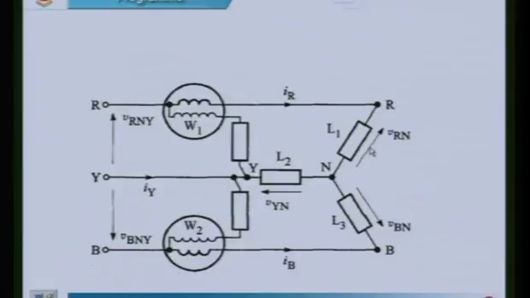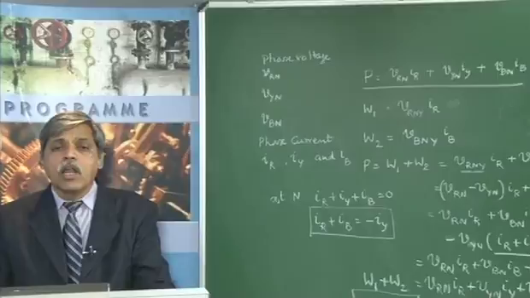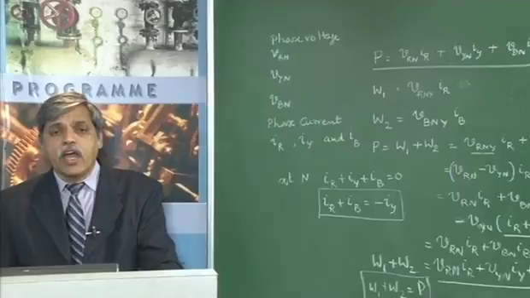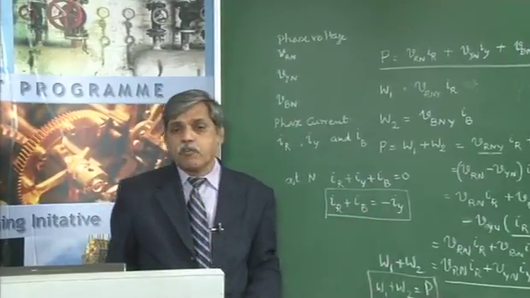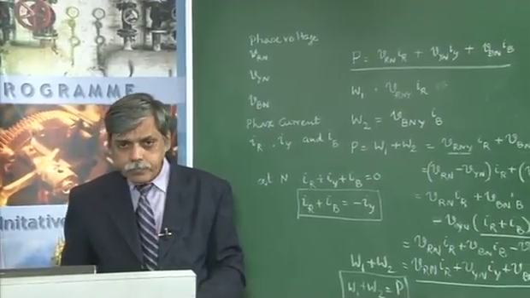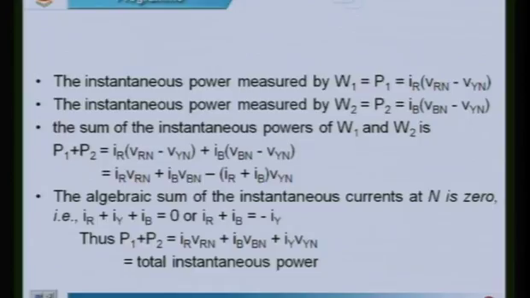This also applies to a delta connected load. For the delta connected load, the method of deriving will be slightly different. There we will be bothered about line currents and phase voltages. Here we are taking line current or phase current and then we will be considering these line voltages. I can also prove for a delta connected load like this that 2 wattmeters are sufficient for measuring power in a 3 phase 3 wire system. So this is the proof that I have written on the board.